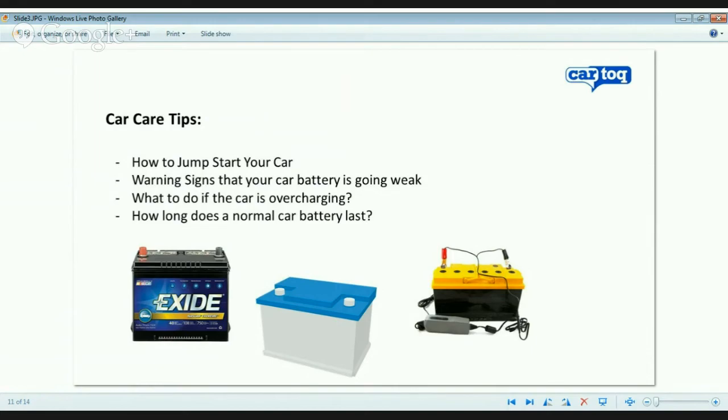The other warning sign you will get is that your cranking will be a lot tougher. It'll sound as if the engine is straining and trying to start. It's not the usual vigor that an engine starts with. Excuse my mimicry of an engine, it's very bad. Of course, other things you'll notice is that the moment you switch your car off, and if you have the interior lights on or maybe your park lamps on,